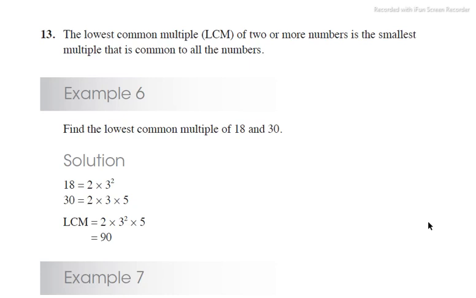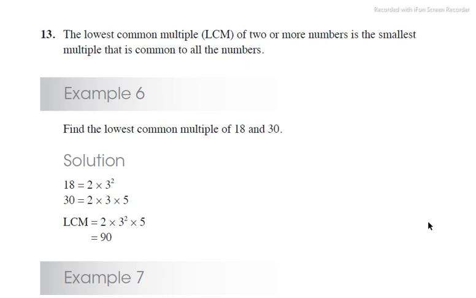For instance, when we multiply 2 times 3, we get 6. So 6 is a multiple of 2 and also a multiple of 3. But in this case, we are looking for the lowest common multiple, that smallest number that is common to all these numbers given. In example 6, we are told to find the lowest common multiple of 18 and 30, meaning they